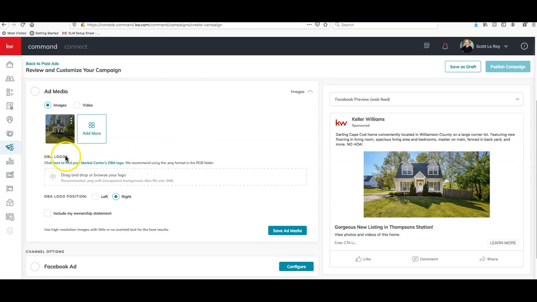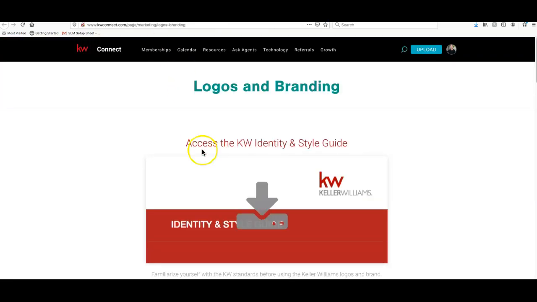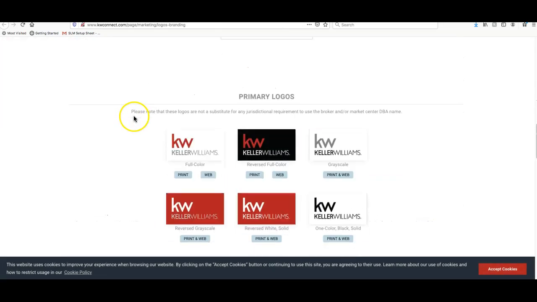So the DBA logo, you can see the little red star, that means it is required. I exited out of that first pop-up window because it was taking a long time to load, so I am going to need to either upload a logo from my computer, or I can click here to browse for my Market Center's logo. When you click that, it just brings you over to KW Command, where you can search for